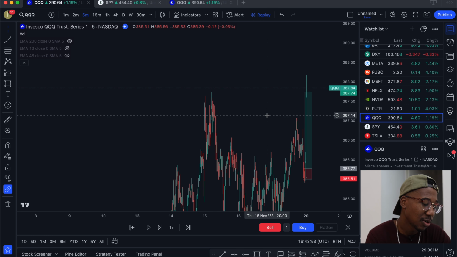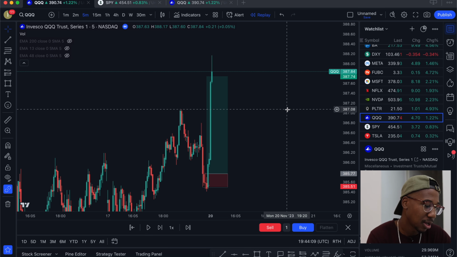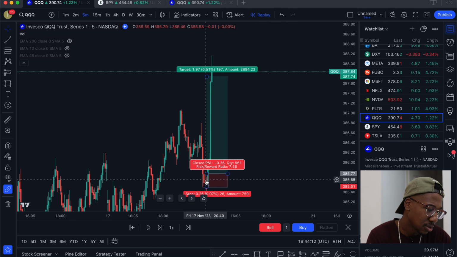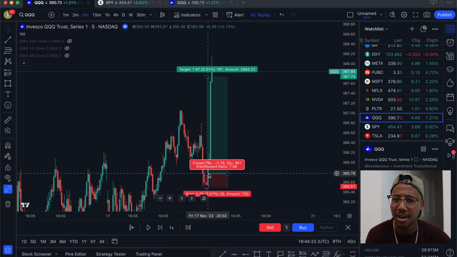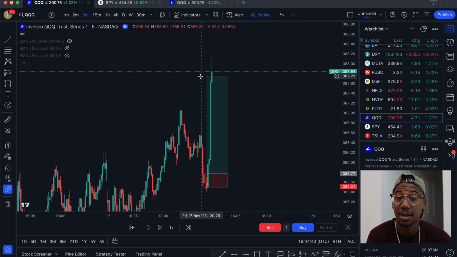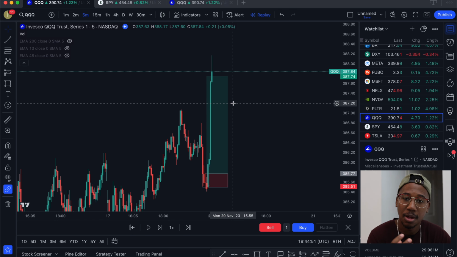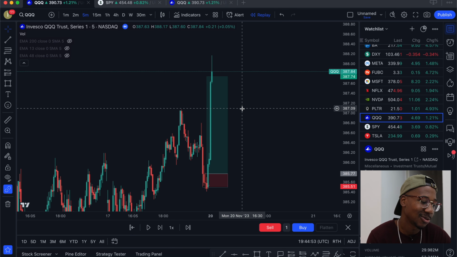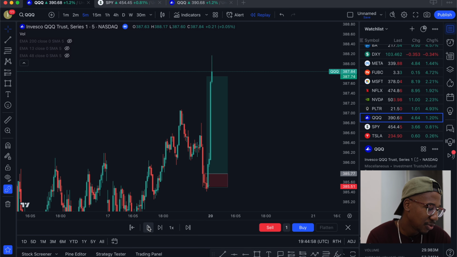But yeah, this one kept running anyways, but usually I would go in, set a safe profit target, and right here, the entry on this, I would have got a 387 call. At the time, had I entered right here, it was going for about $80. And right here where I set my price target, it was going for about $200. I would have sold out of half my position right there, made sure I locked in profits and was just trading with free money, and then left a few runners to see how it finished up.